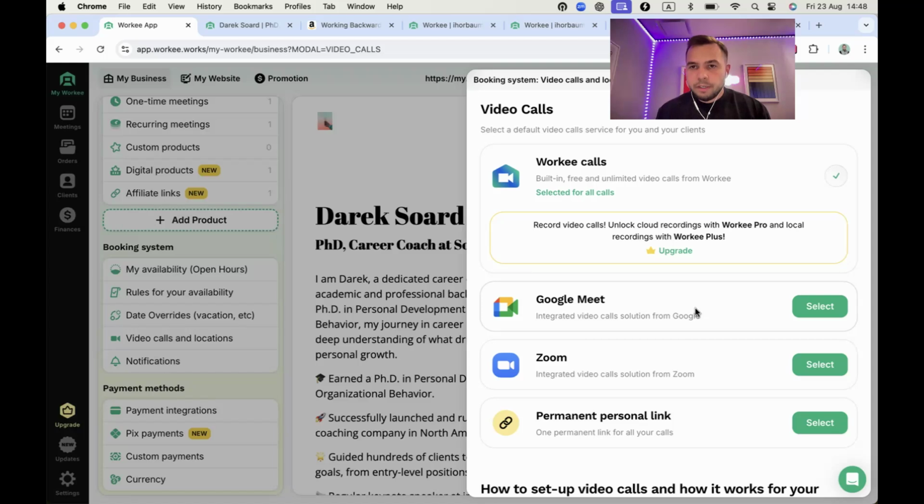So with Workee, by default, you have Workee calls available as a main location for all your video calls. Workee calls is a built-in solution. You do not need to download anything. It is already available in your browser. Workee calls are fully free. We don't have any limitation for time, and we support up to 75 participants on Workee calls